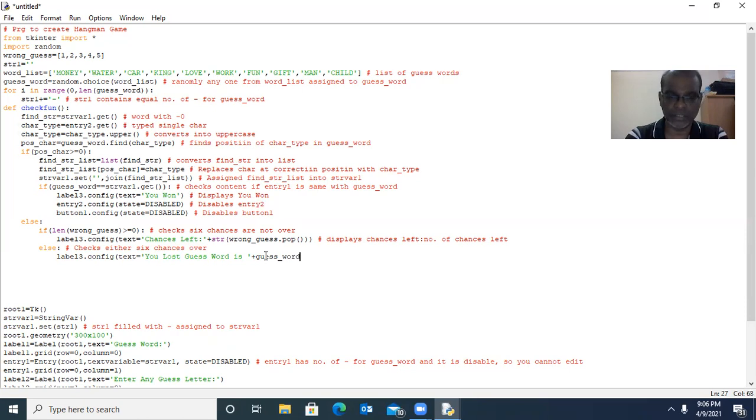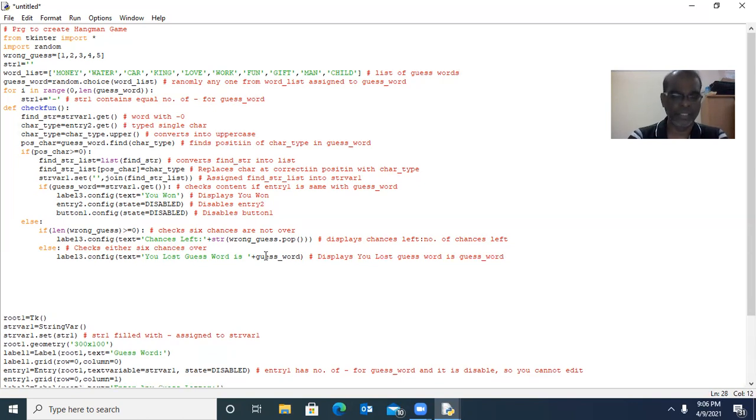The guess word is car, that will be placed here. Place you lost, guess word is, guess word. Whatever word it guessed.